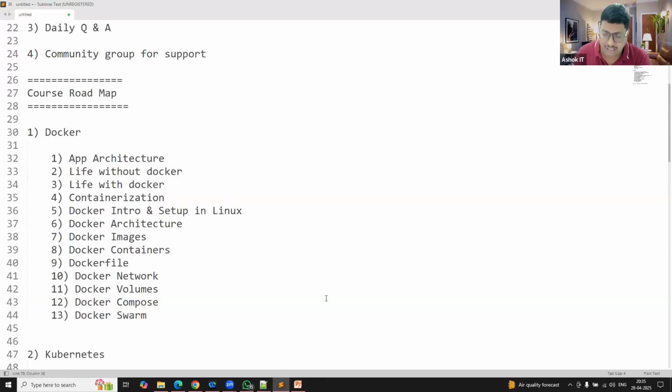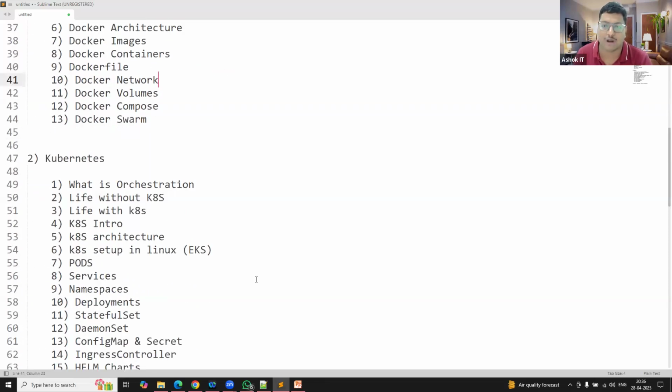Nowadays, in developer interviews also, they are asking, how do you deploy your application by using Docker? Can you tell me how you automate your project build and deployment? How do you integrate Docker, Kubernetes, Jenkins in the project? What is orchestration? Why do we need to go for orchestration? Can you tell me your project CI/CD flow? So nowadays these questions are very common for developers also.